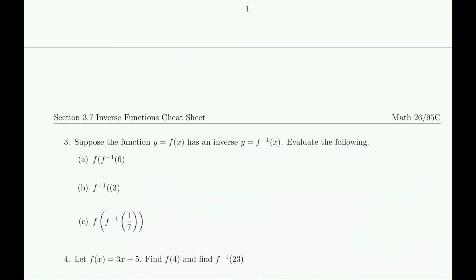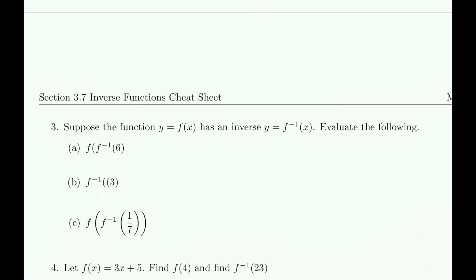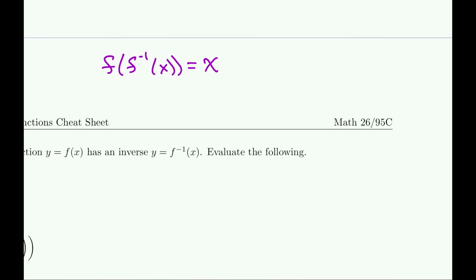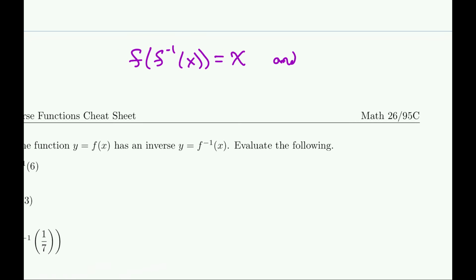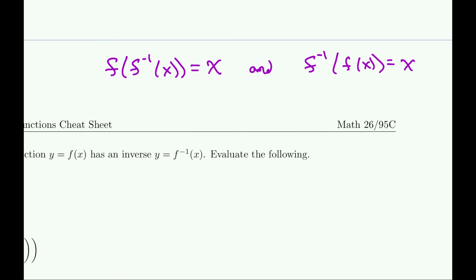Okay. So another thing here is just a property of inverses. By definition, we said f of g of x equals x if they're inverses, right? But if they're inverses, we normally don't call it g, we normally call it f inverse. So the property is this. And also for inverse functions, the property is f inverse of f of x is x. Now, that definition of inverse works no matter what the x is.